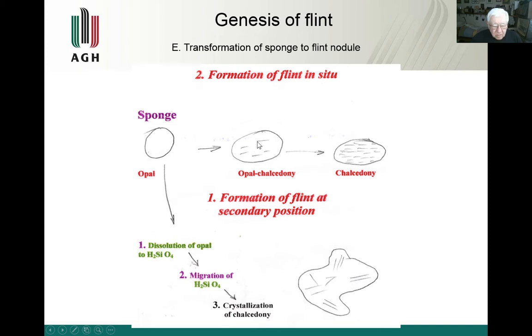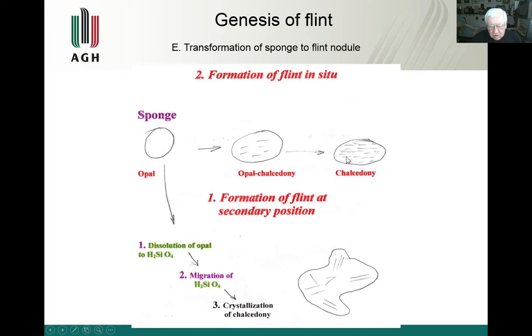This is good for the growth of crystals parallel to the layering of limestones. So when we take a flint composed of chalcedony and look carefully, one can see directions of the orientation of